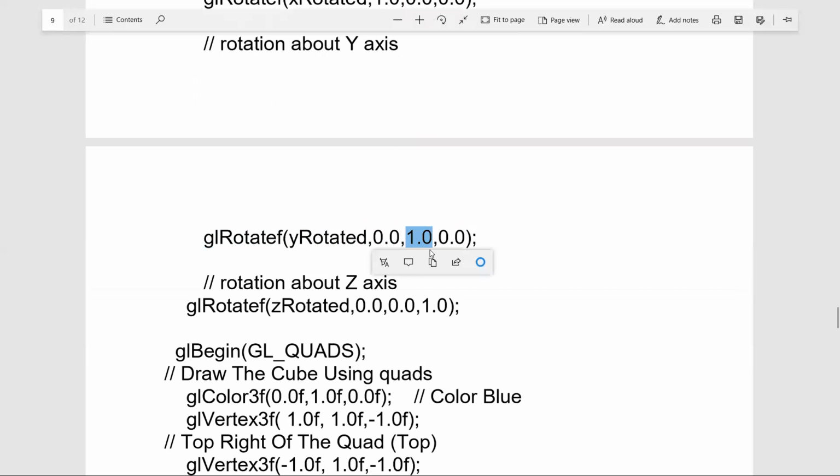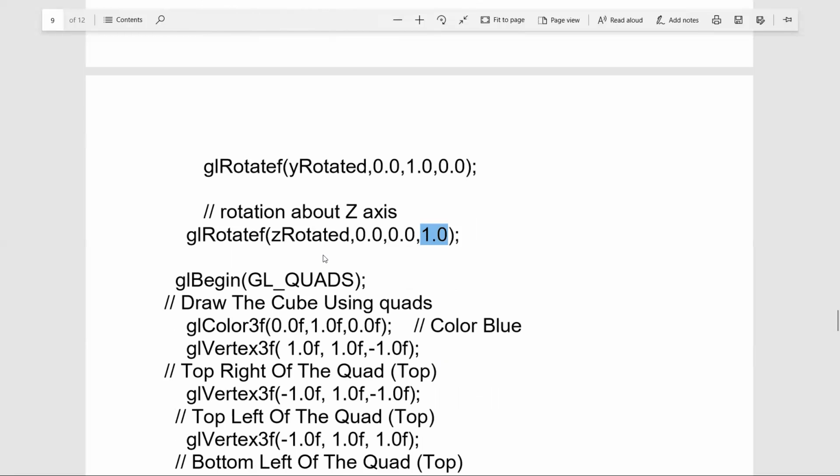Here this is the y parameter. Then let us allow our cube to get rotated about the z-axis. So our cube is undergoing a series of transformations: translation, then rotation about x, rotation about y, and rotation about z.